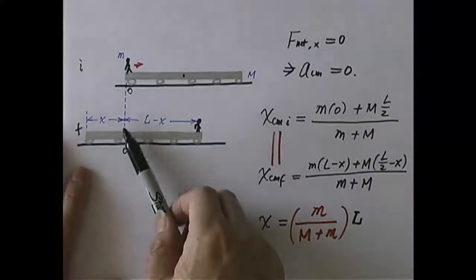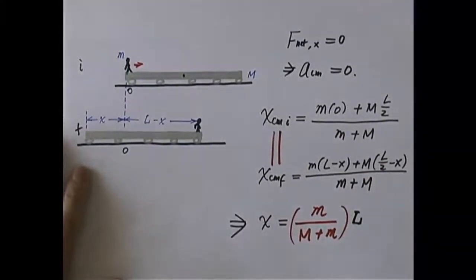The person will end up at the same location relative to the track. And that's exactly correct, because when small m is far greater than capital M, this ratio is almost equal to 1, right? So x is roughly equal to L. So it all makes sense. And this is how we exploited the fact that the center of mass cannot accelerate. So it's an important application of the center of mass.